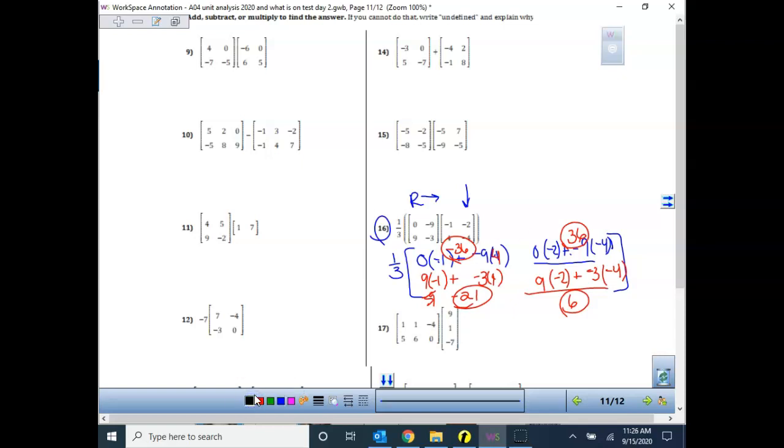So that when I look at this answer matrix, what's my first one going to be? Negative 36 divided by 3 gives me negative 12. And then behind it, we're going to have a positive 12, right? I'm taking negative 21, dividing it by 3, which gives me negative 7 and 2. So that's the answer one I'm going to be looking for on your test, right? So this was doing the work for the multiplication, then you took it times the third. You don't take the third first, you do